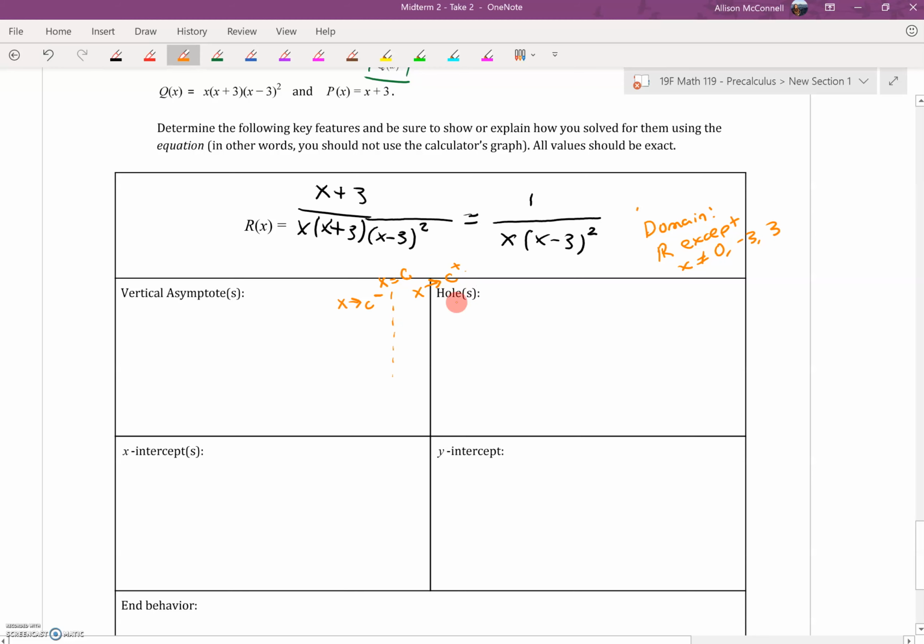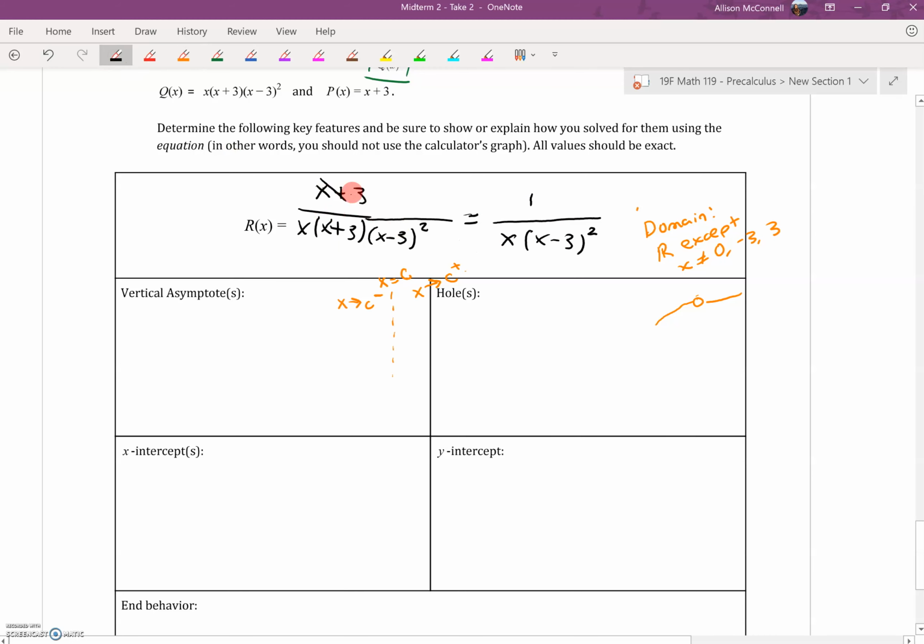Versus if you are looking at a hole, then as you approach this x value from the right, and from the left-hand side, you'll see that it's going to the same y value. So you need to identify which one is which. Okay. So with this restriction, or with this simplification of the original R of x function,